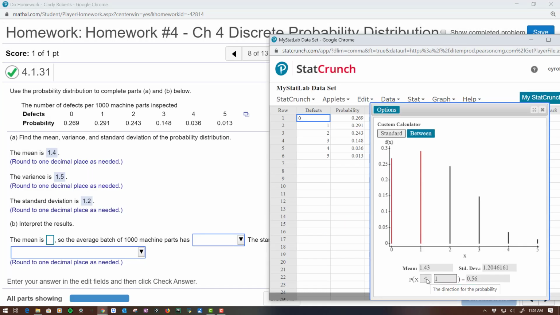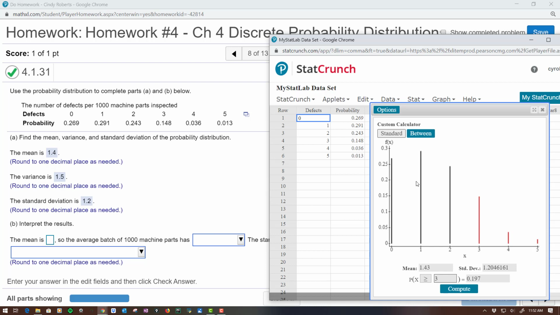You don't need it for this problem, but what's kind of cool is you can even play around with the different probabilities. Say you want to know the probability that it equals exactly 0. Well, you should get this value in the table, right? Maybe we're working a different problem where we want to know the probability that we get 3 or more defects. If you understand the table, you're just adding these 3 probabilities, but it's cool because this does it for you immediately. And certainly you can go through here and interpret your results based on your answers,